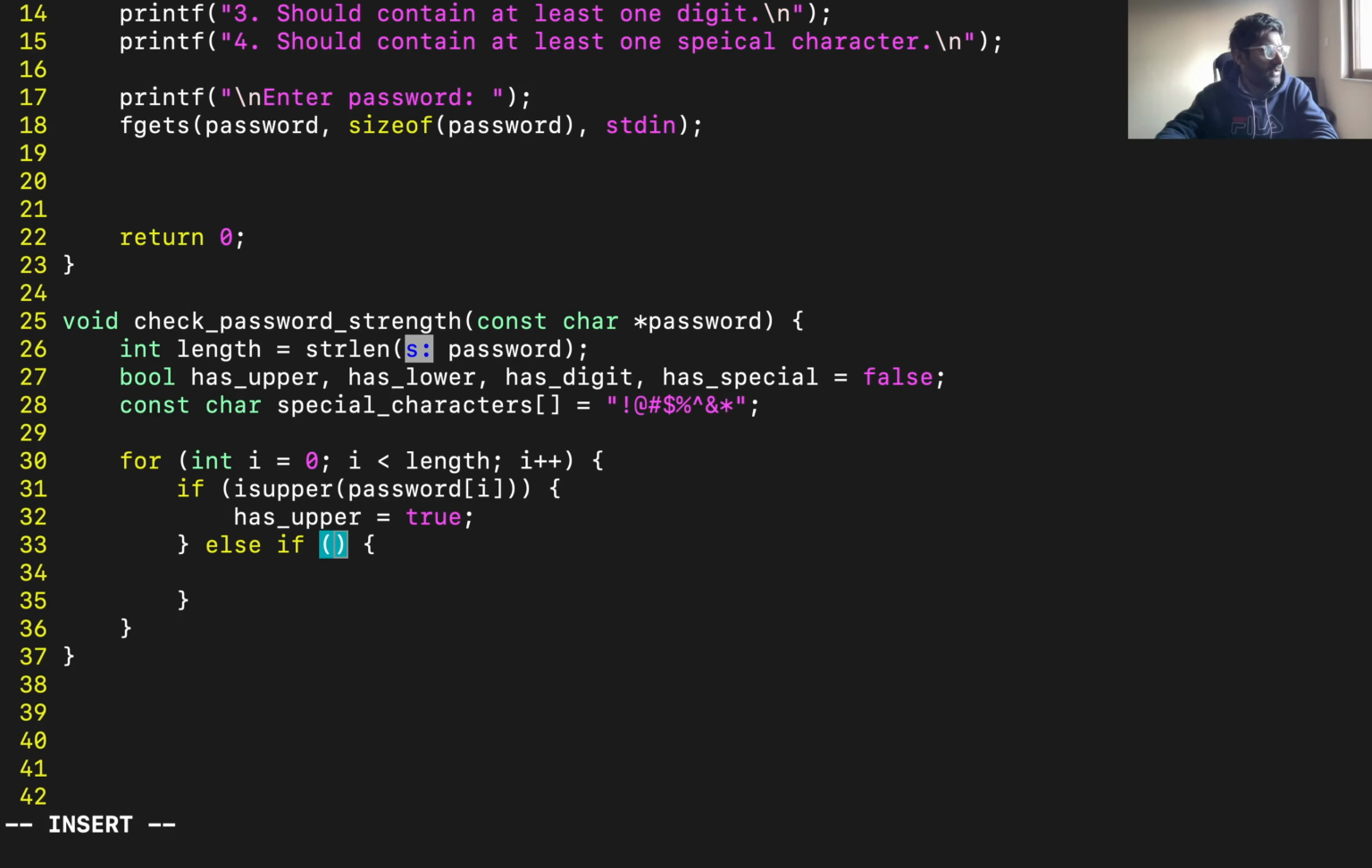there should be a function called islower. Yeah, there is islower. It checks if the given character is classified as a lowercase character. For that islower will be defined, and we will pass password of i here, and we will set lower equal to true, and